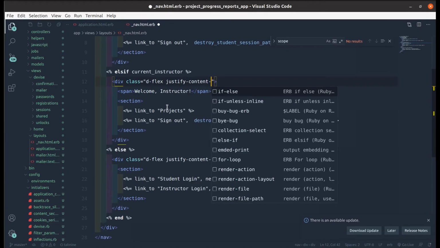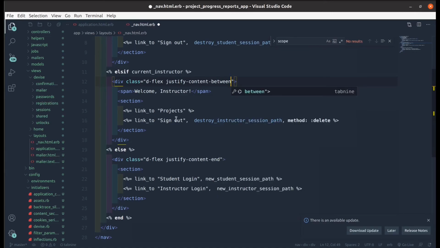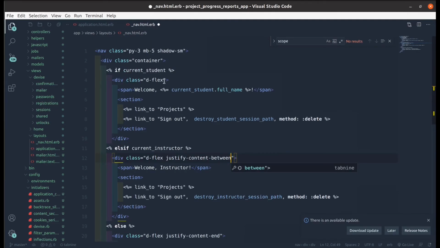content between, so that the welcome instructor will flex to the left and the other to the right, and same for the student. Let's just copy the class here and add it to this one. Alright, so basically our nav partial is complete, and I shall just add a class here to add a margin